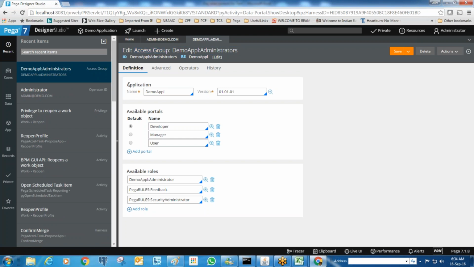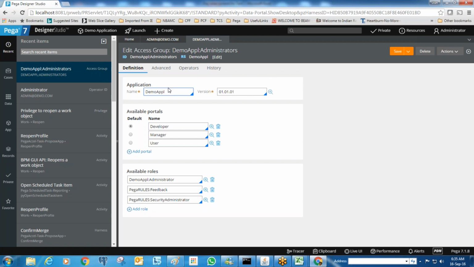In this access group, you can see the application name. I can configure here which application I have access to. But 99% of the time we don't need to create access groups, because by default the system will create 3 operators: administrator, manager, and user, and for these 3 operators, 3 access groups will be created: one administrator access group, one manager access group, one user access group. Creating a new access group is very rare, but if you want to, you need to configure these things.